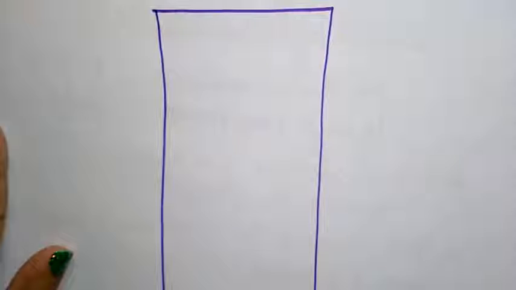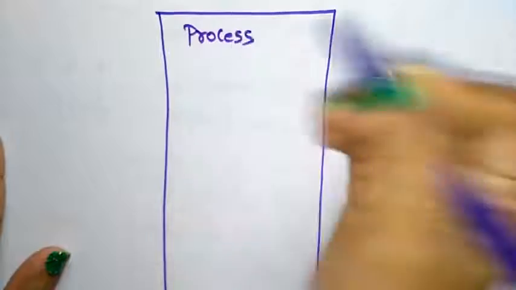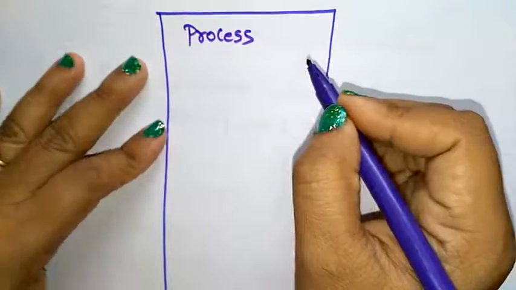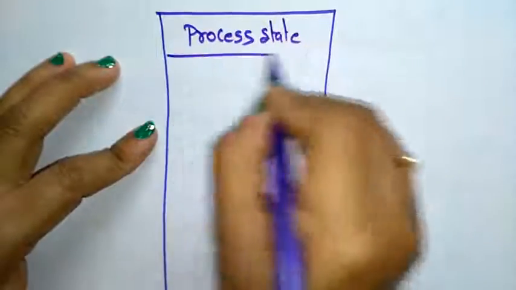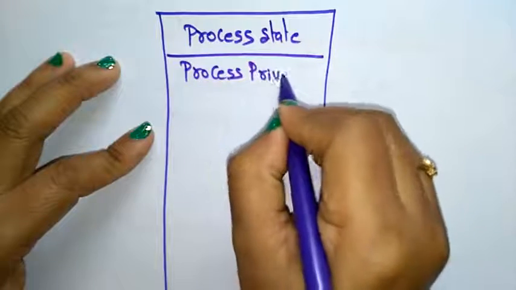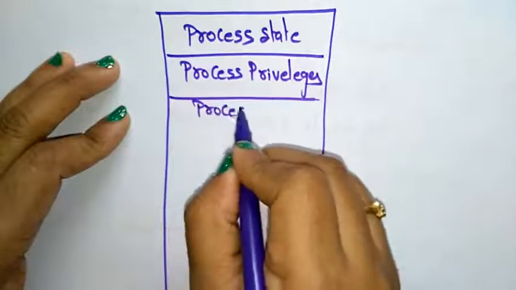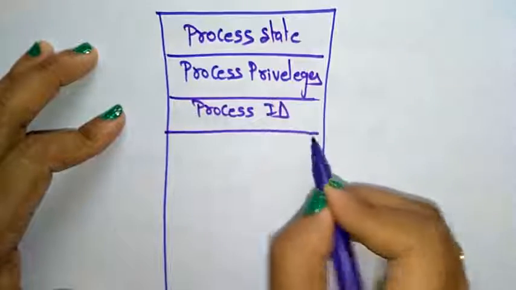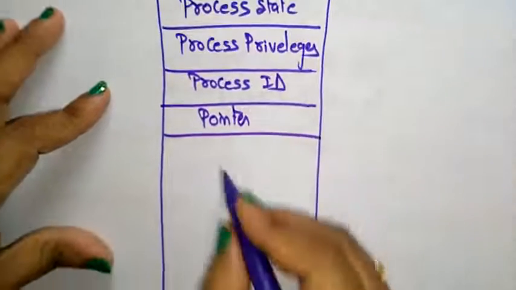Let us take a single process. The process control block will store the information regarding the process, like what type of information? The process state, process privileges, and process ID, and it stores information like the pointer and program counter,